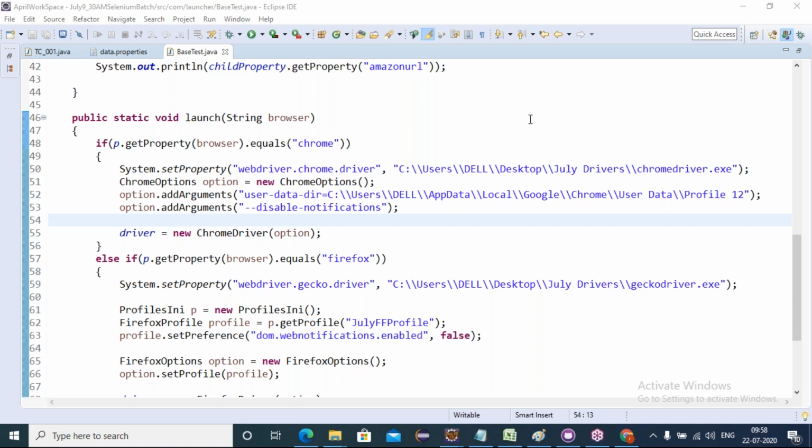So to handle that kind of notifications through automation, because in automation your presence will not be there, it will stop the execution. Who has to take care? The automation engineer has to take care to handle all those disturbances and interrupts. So we have to handle them through the Options classes. All right. Okay? Thank you.